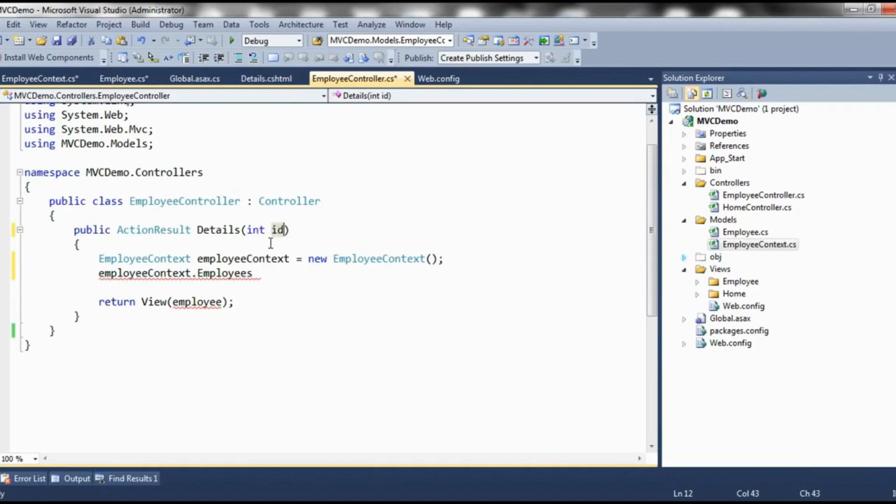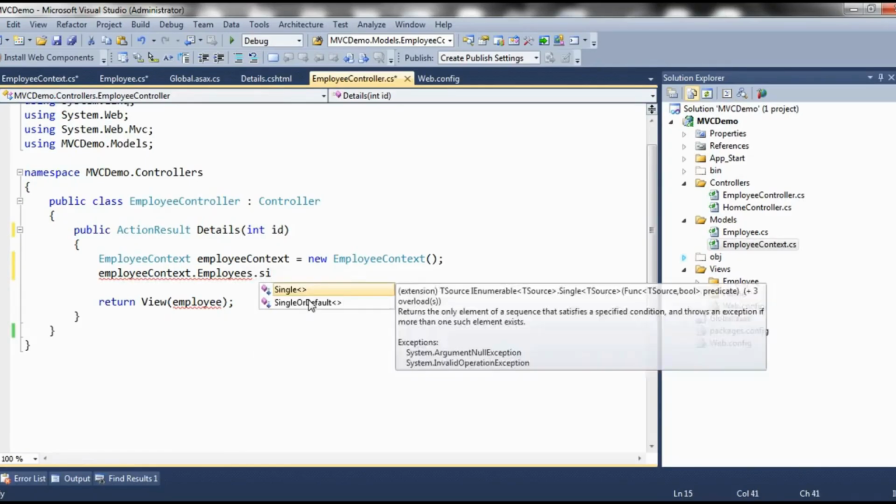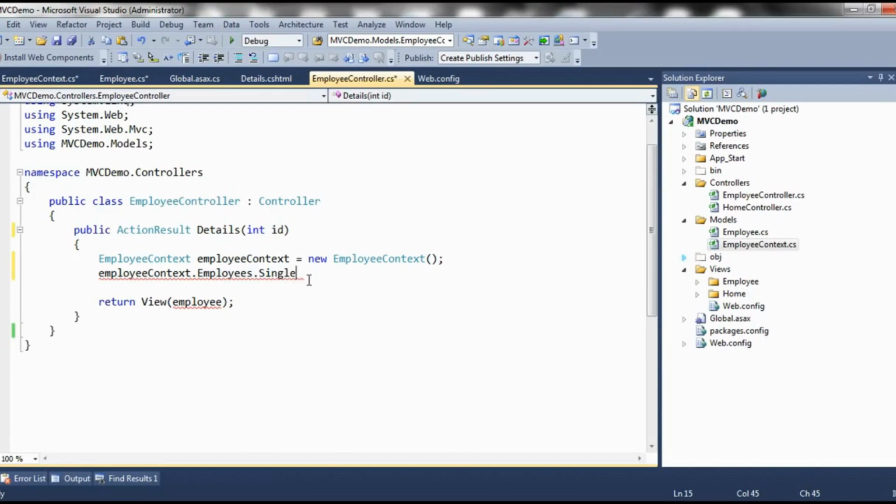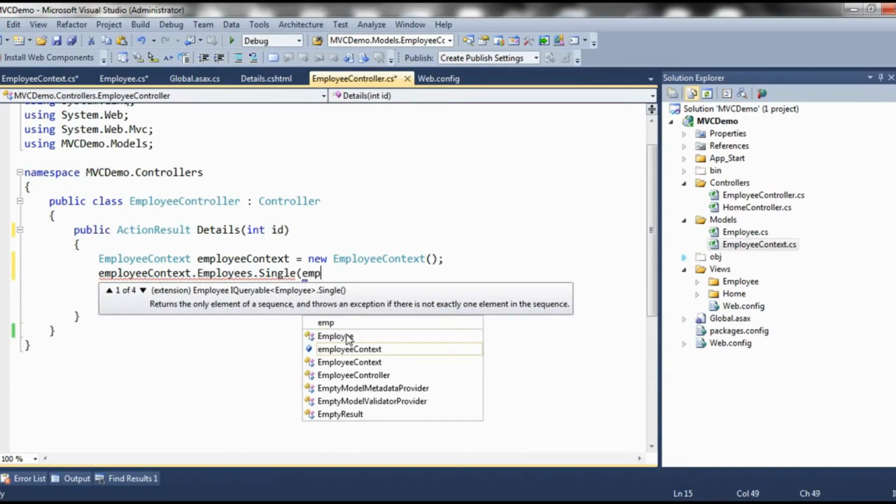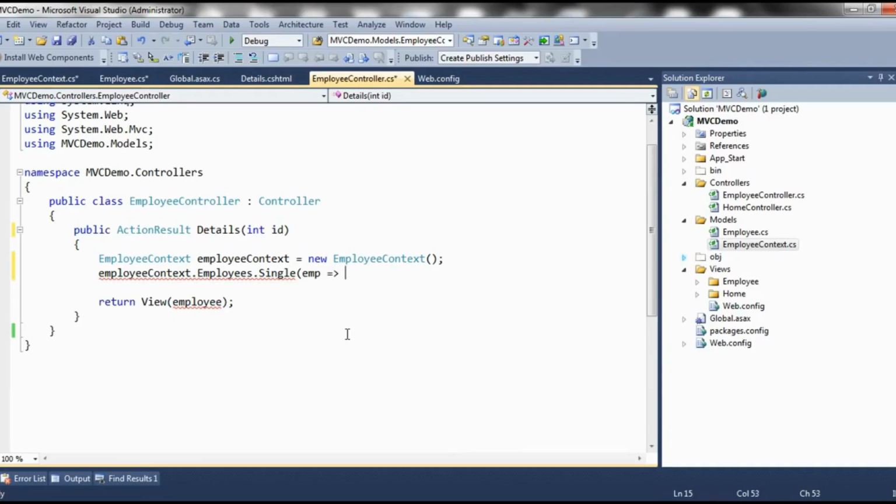So I'm going to filter the employees based on the ID that comes into this controller action method. So I have the list of employees here. From this list, I'm going to get a single employee. Look at that, I'm actually using a LINQ query here. So I'm going to get a single employee, so EMP such that employee object dot employee ID is equal to whatever ID that we are passing into this